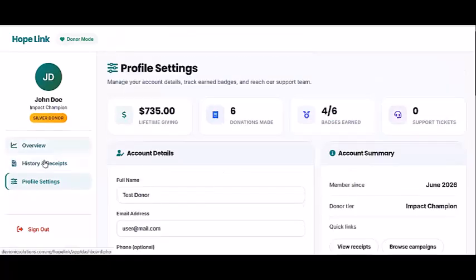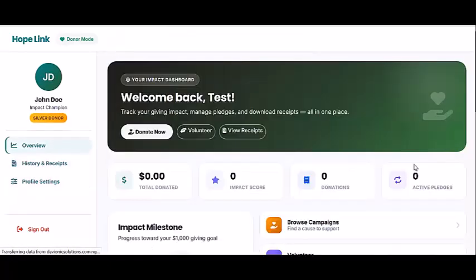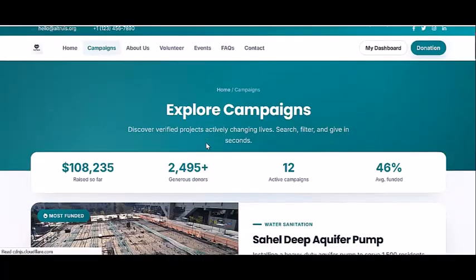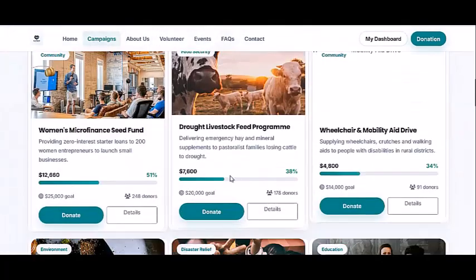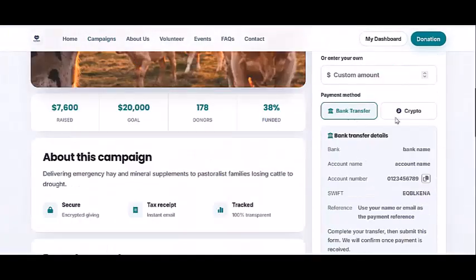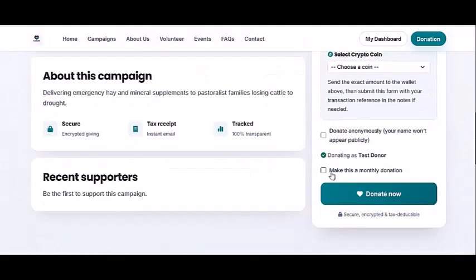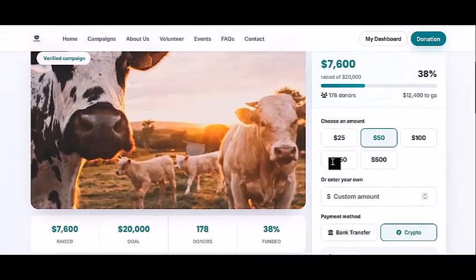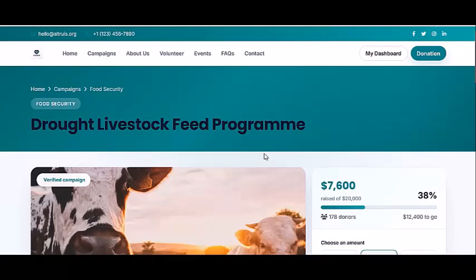To donate, you just click on browse campaigns. On browse campaigns, let's say you click on the details of this particular one. You put the amount you want to donate, choose bank transfer, and you can click on make this a monthly payment or donate anonymously. Then click on donate. Basically, that's how the donation flow works on a campaign. The next part is to show you how